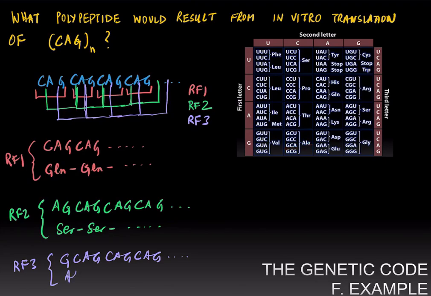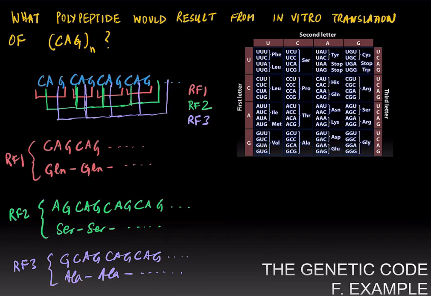Therefore, we will get a polymer of alanines. And once again, when we digest this polypeptide, we'll have only one amino acid, which is alanine, leading to the conclusion that GCA codes for alanine. And so in this kind of repeating codon message,